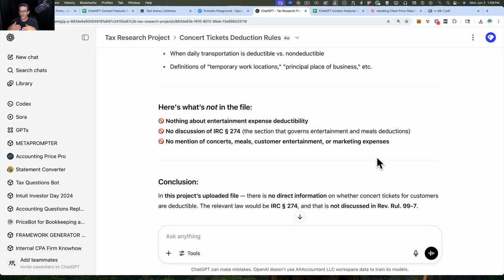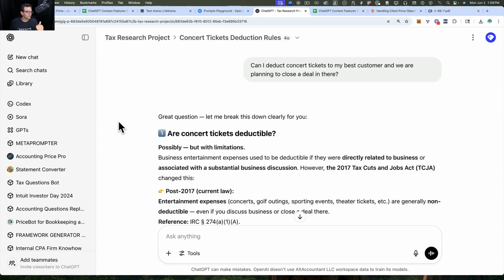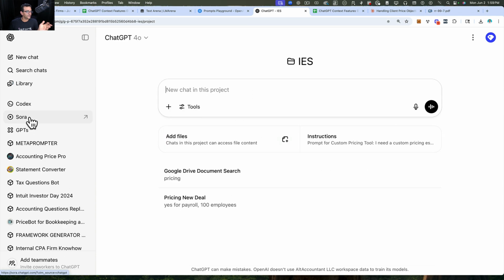So again, you create your own context by creating these projects, and they work self-contained. You have project A, and this project A has these types of documents and this chat history. All the chat history within that project is also relevant. So you either use projects to create your own border or limitations on what the context should be around, or you can use the broader sense of ChatGPT to do that.